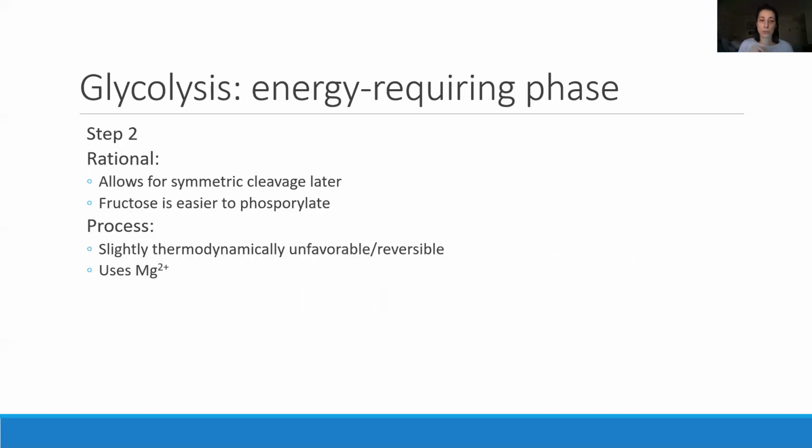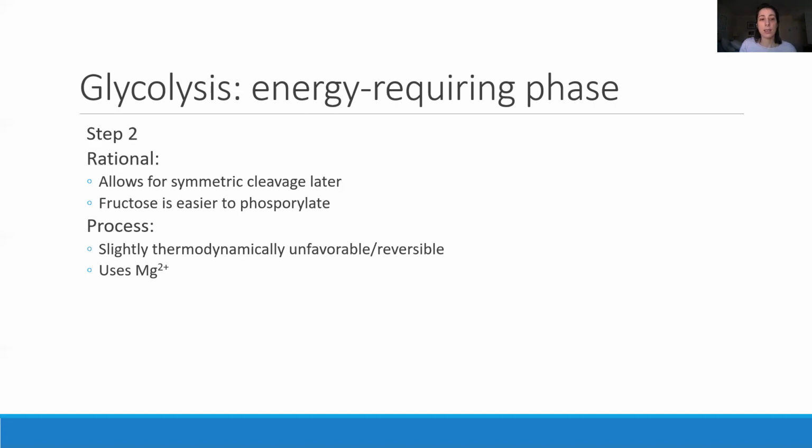Why do we want to turn glucose 6-phosphate into fructose 6-phosphate? The reason is so that when we are going to cleave glucose, remember we're going to cleave it into two molecules that are 3 carbons long, it actually has a symmetric cleave. And fructose in general, just because of its molecular structure, happens to be easier to phosphorylate, which is what is also happening in this next step. You're going to see we're going to do a second phosphorylation, and fructose is easier to